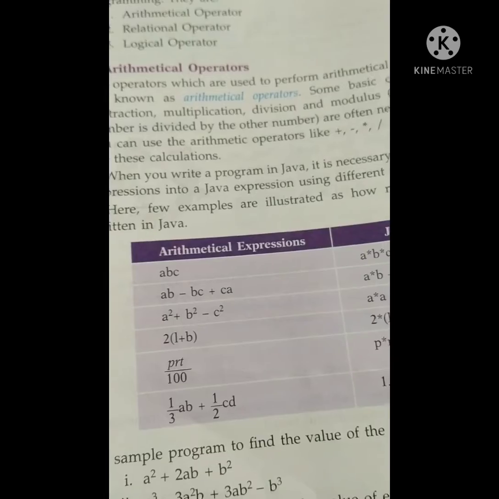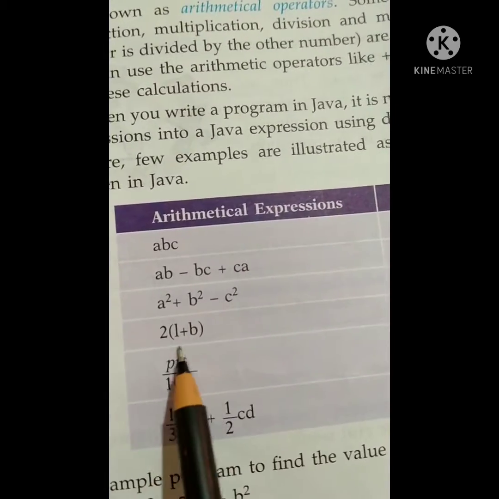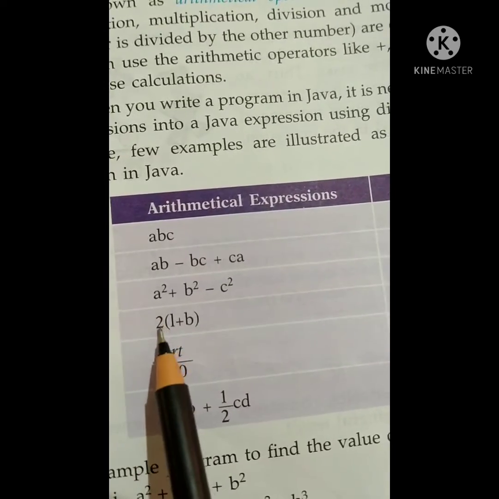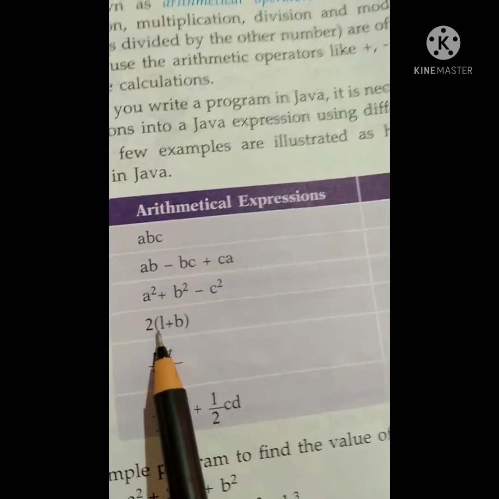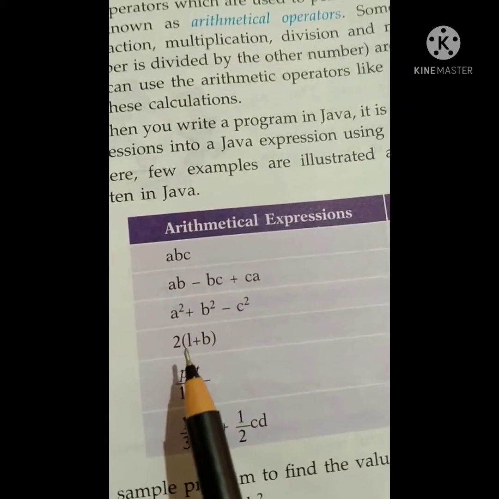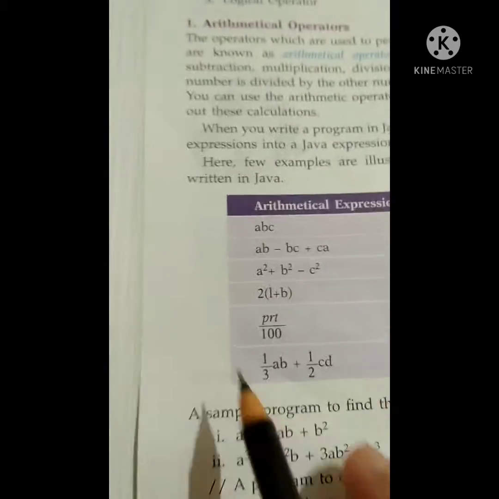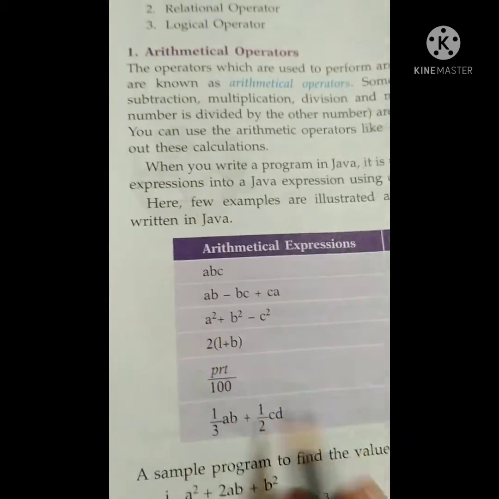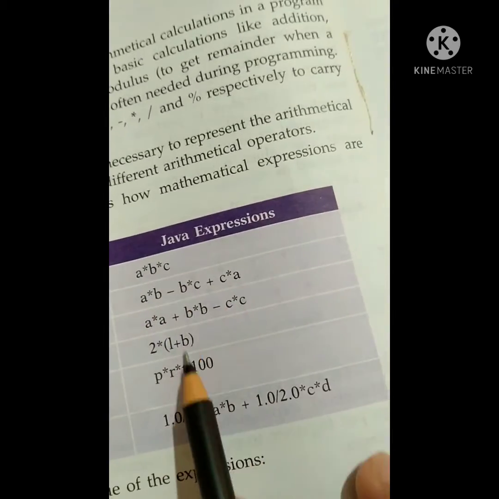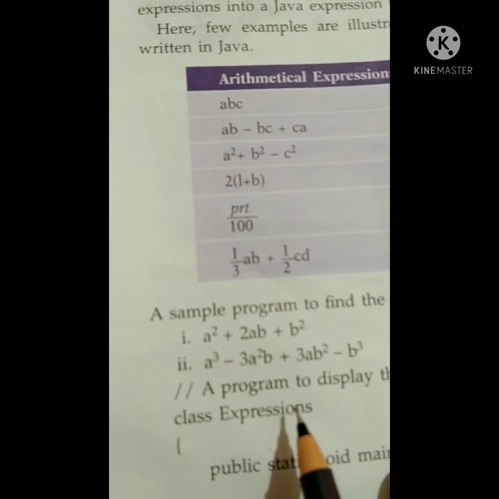2 bracket L plus B. Here in mathematics we assume that the 2 into is hidden, but in a Java program you have to show everything clearly. So 2 into, bracket, L plus B. So these are the mathematical expressions that we are converting here into Java expressions in the list. Okay, next